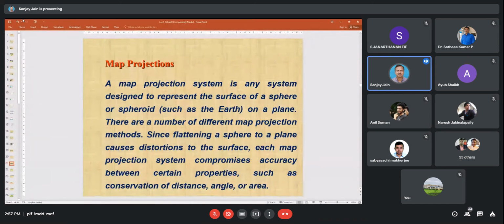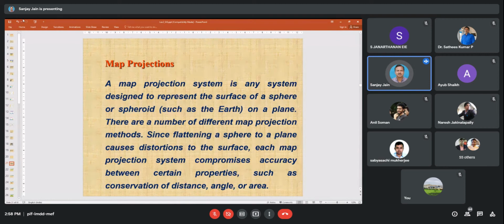Alright, so in GIS, I have to take care that all the maps which I have taken from different sources, I have to bring to a common platform. It means I have to have the same coordinate system and projection system on all the bands. Then only I can say that if I am overlaying all these bands, they will match with each other. Otherwise, I cannot say that this one feature on one map is falling over the same area, the same thing on the other map.